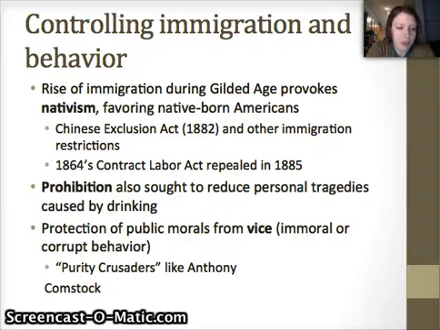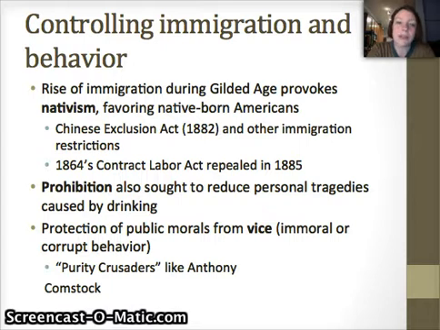What a lot of reformers end up doing, though, with this sort of scientific background and this desire to promote their own values among classes of people who maybe don't share those values, is that they get a little bit controlling in the way that they want to actually make change.